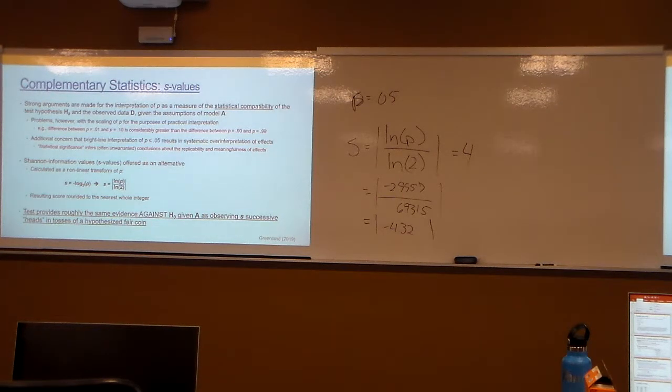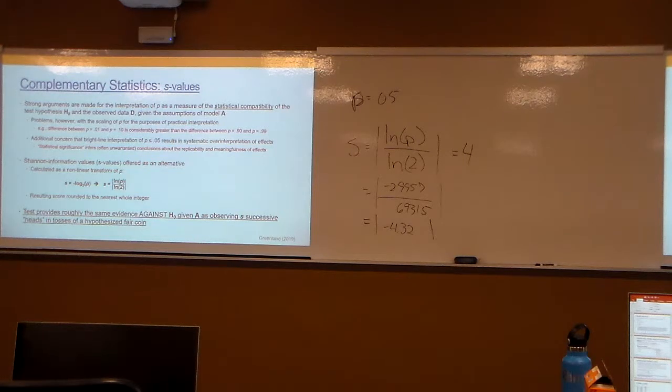Okay. Now, if I flip a coin tomorrow, I give you the coin, I have you flip it, right? You say call it, I say tails, and you get heads, and it's heads, and it's heads, 4 times in a row. How convinced am I, or should I be, that you actually have a fair coin or a coin that's sort of off? I'd be skeptical, but you don't know me, I'm a degenerate gambler, right? So I probably wouldn't be willing to stake a whole lot of money on the fact that that was actually not a fair coin, right? It's not common, it's not likely, but at 0.05, it's not a ton of evidence against the null